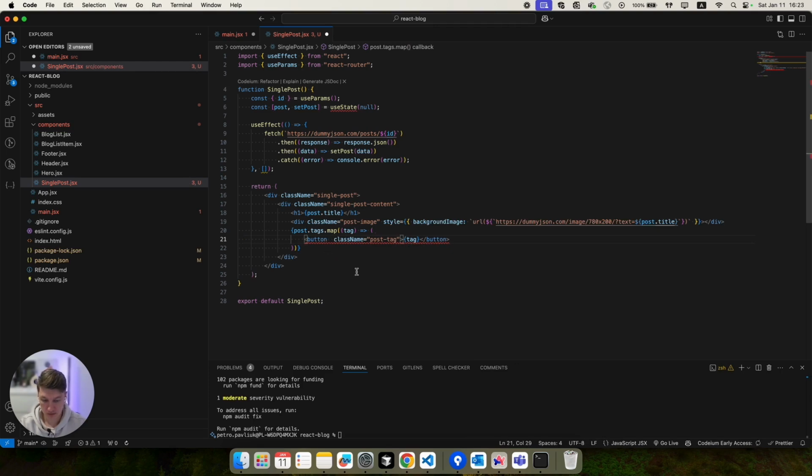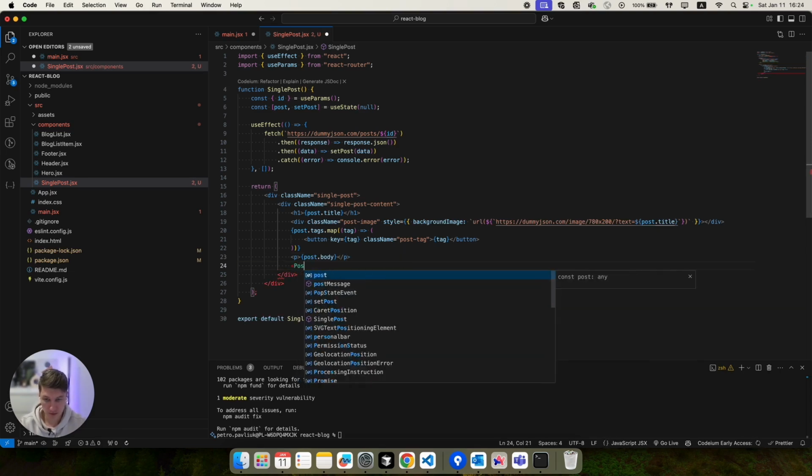Okay, we need also the key. This one is okay, and now we add the post body. The last thing we need, we'll add likes and views. Probably for that I will create a separate component. I will call that one PostContentInfo.